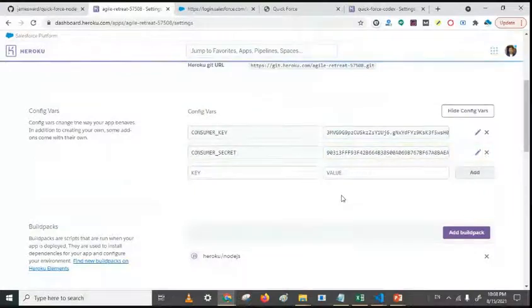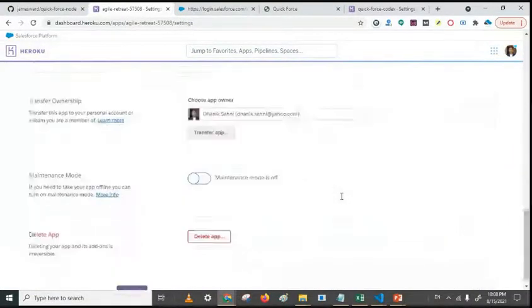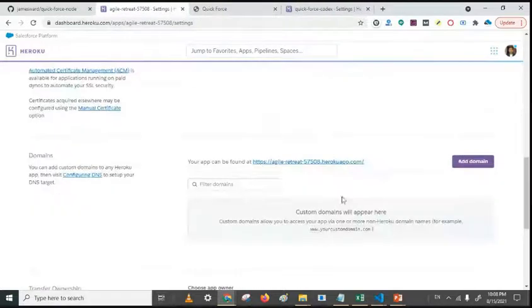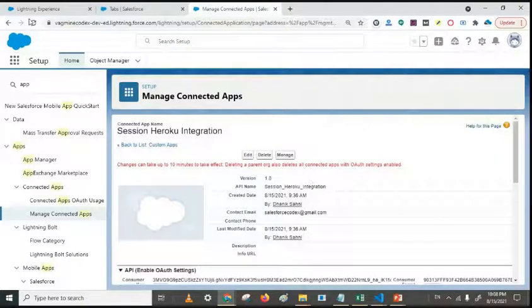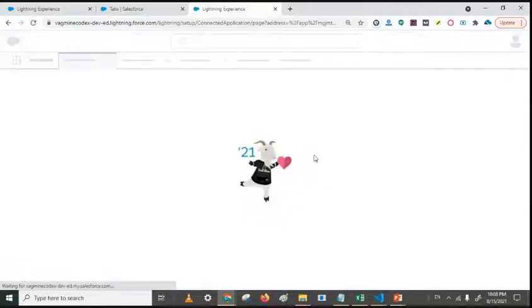Okay. Now, once it's done, you can click here to run that application. Still saying invalid client. So let's wait for some time. Okay, maybe because this connected app is not ready, that's why we are getting this error.